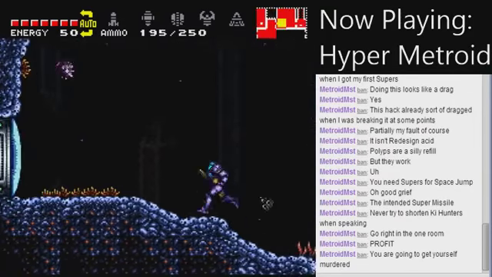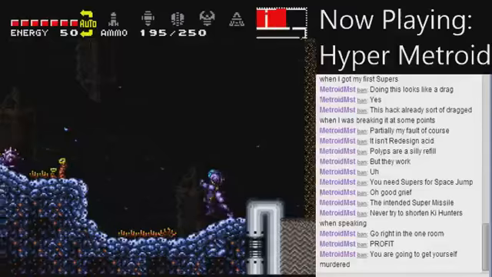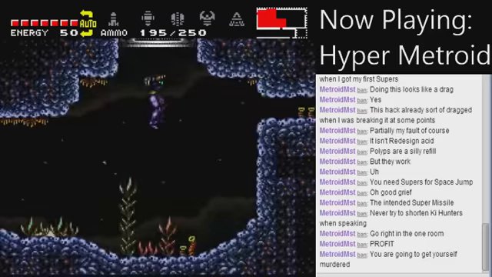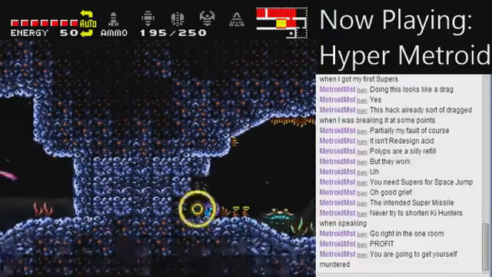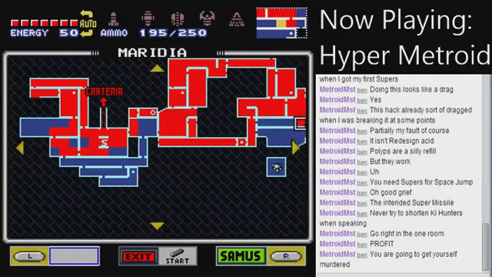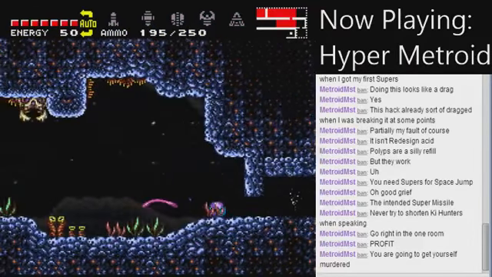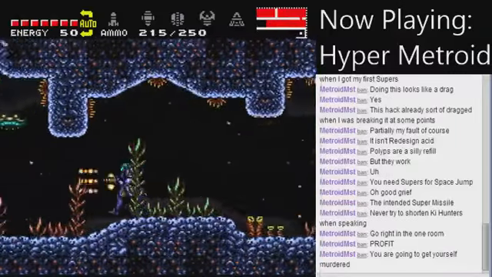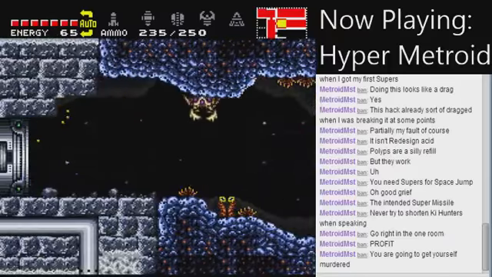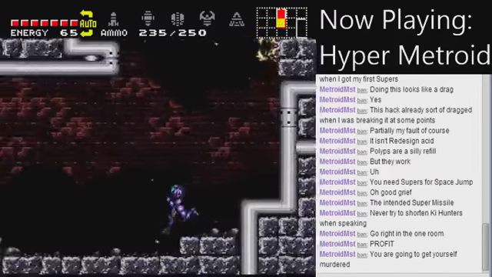Alright, so one last thing for us to do. Now that we have killed Botwoon, that gives us free access to the ruins area, though we're not actually going back there. There's something else that we want to do. Actually, is this the correct way? Yes, this is the way we want to go. Down here,